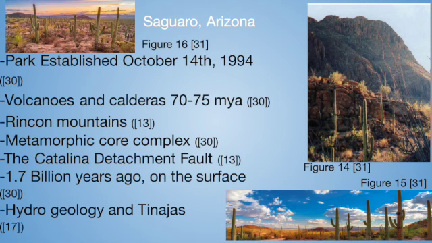Furthermore, on March 1st, 1933, according to Geology of the Rincon Mountains by the National Park Service, the Rincon Mountain District was designated as the Saguaro National Monument. This was the first national monument established to protect a species of plant, the giant saguaro cactus, as seen in all three figures. Then on October 14th, 1994, the monument was designated a national park, making Saguaro the nation's 52nd